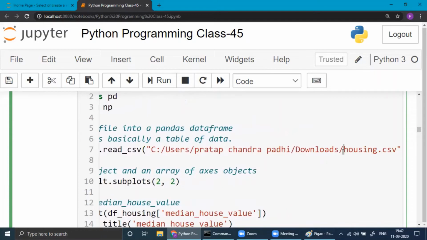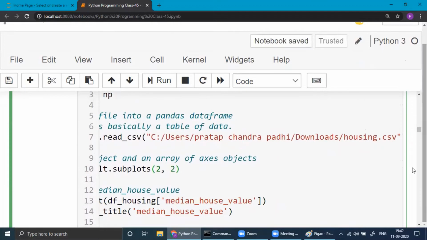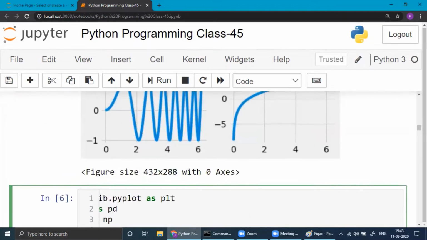And if you don't have housing.csv, never mind, I will send you this data set. You can keep it in your folder and set the path properly. Then you can import the data.